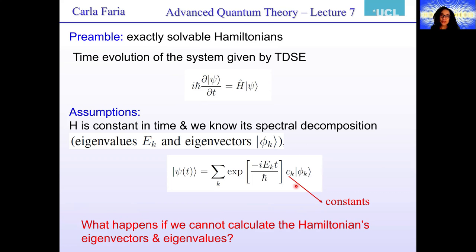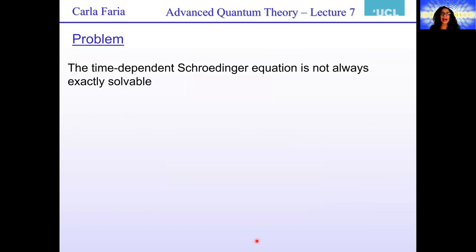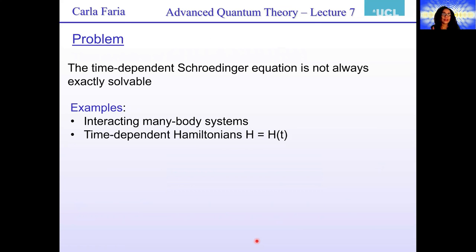So the question we're going to ask in this lecture is what happens if we cannot calculate the Hamiltonian's eigenvectors and eigenvalues, because sometimes you cannot. If you can, nice, it's exactly solvable. There's absolutely no issue. But this is more the exception than the rule. So, for instance, if you are dealing with a Hamiltonian which is representing an interacting many-body system,